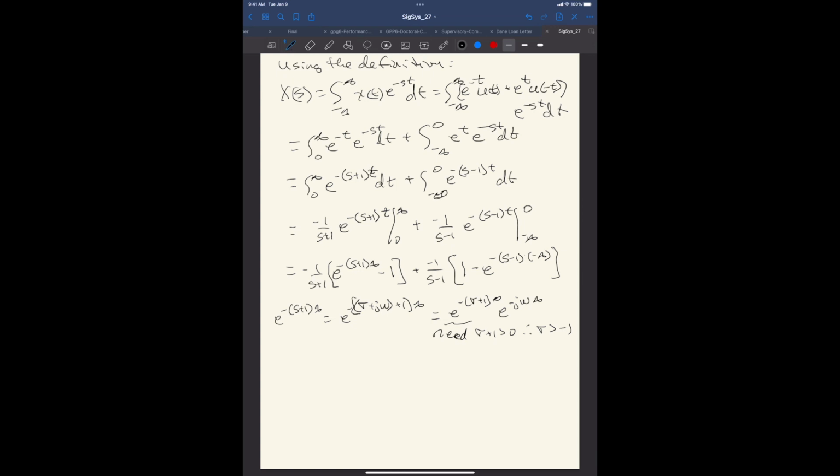The same thing is going to happen to the e to the minus s minus 1 times minus infinity. Again, plug in s equals sigma plus j omega and work it out. I need sigma less than 1 for that term to go to 0. And as soon as I have sigma in that range between minus 1 and 1, those two terms are 0, and then I have left